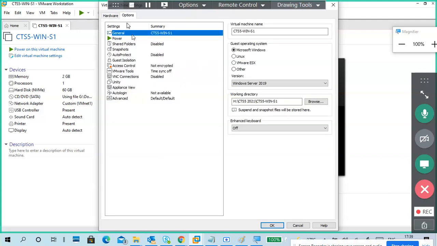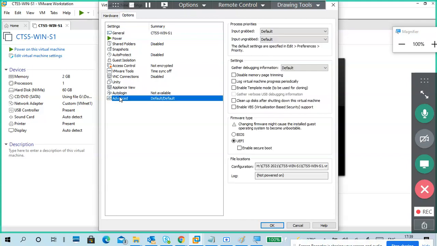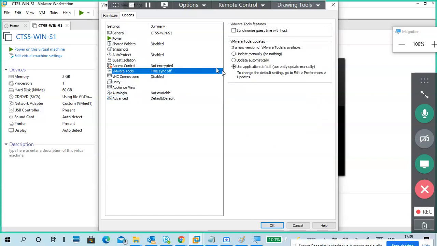Go to advanced. UEFI is selected, very good. Then VMware tools. Time sync, left side. Select synchronize guest time with host. Okay, time will be synchronized. Click OK at the bottom.